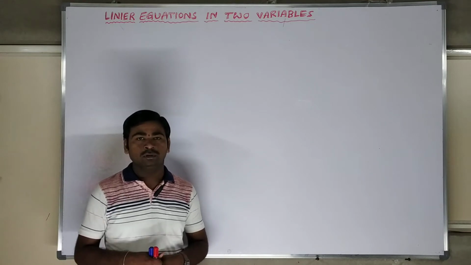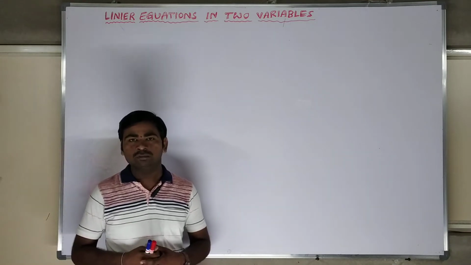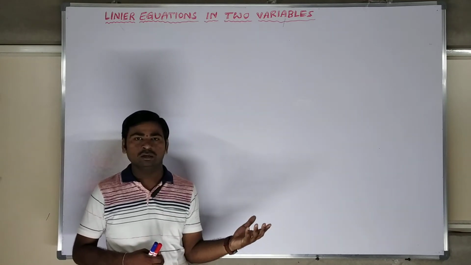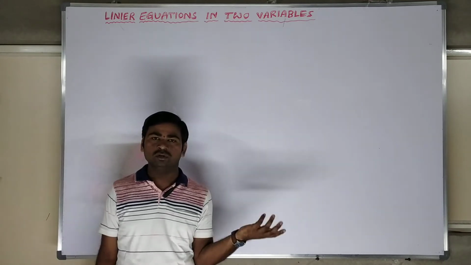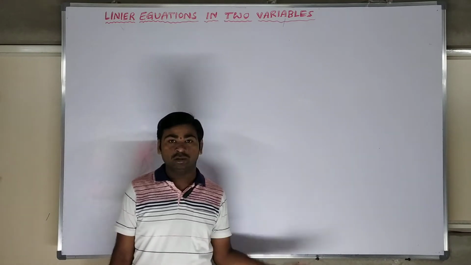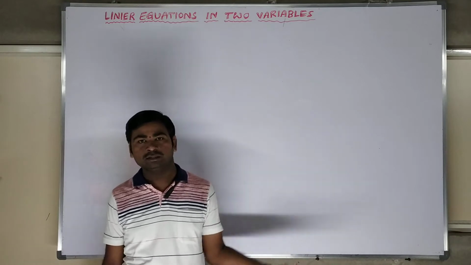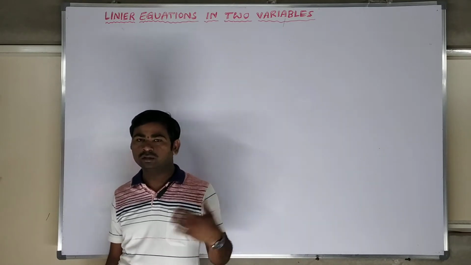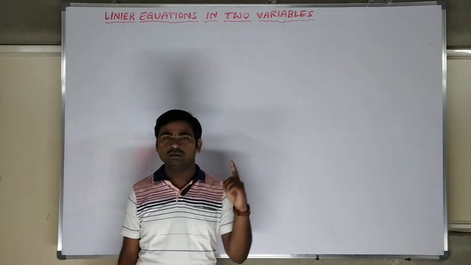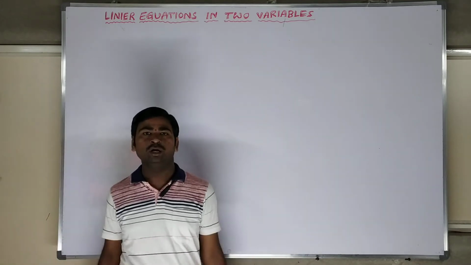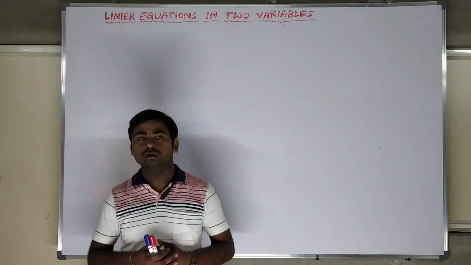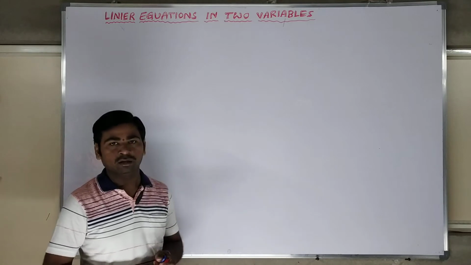Today, by looking at the algebraic form of two equations in two variables, we can say whether the equations will have a solution or not, approximately what shape the graph will take, how the lines will be placed, and whether the solution will exist. By using logic, we can say that. For that reason, I will make a table. That table may help you in examinations. The approximate answer, how the graphs will come, we can see very clearly.